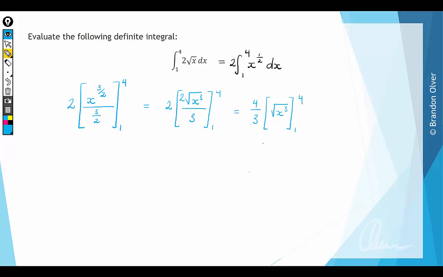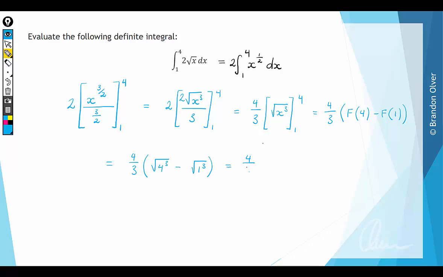So the fundamental theorem of integral calculus says that that will be the same as 4 over 3 bracket, and then we evaluate what's inside the square bracket at 4, and then subtract away that evaluated at 1. So we'll still have the 4 on 3 out the front, and then evaluating this over here when 4 is in there, that's the same as the square root of 4 to the power of 3, minus the square root of 1 to the power of 3,